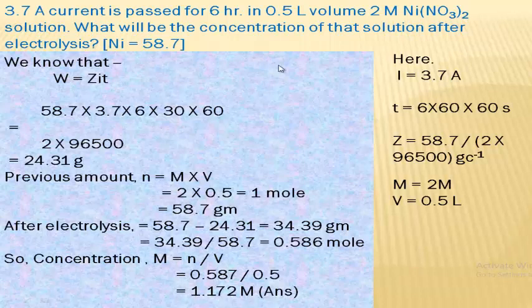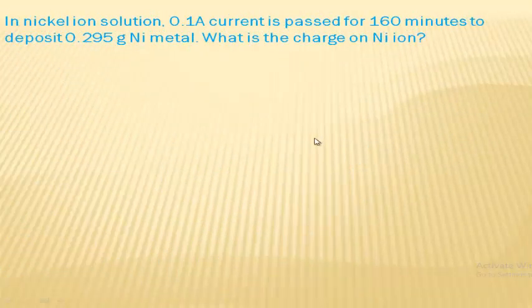So previously the concentration of the solution was 2 molar, and after electrolysis, since some amount of metal is deposited, the concentration must be less, and that is 1.17 molar. So in this way you can easily calculate the concentration of the electrolytic solution after the electrolysis process. So my dear students, in this way we can easily solve the problems. Now another problem: in nickel ion solution